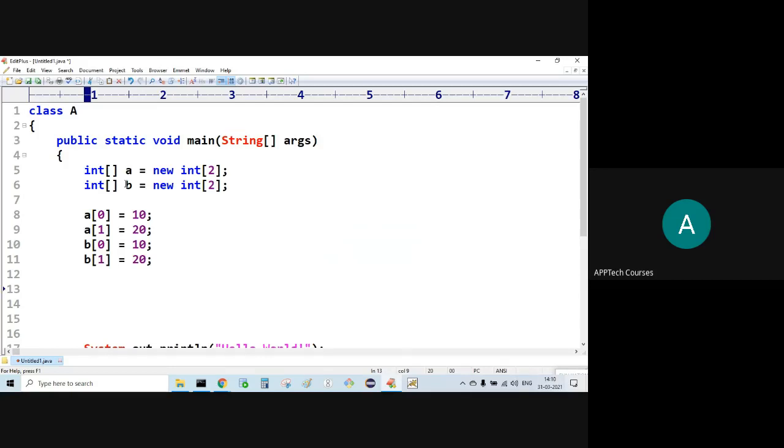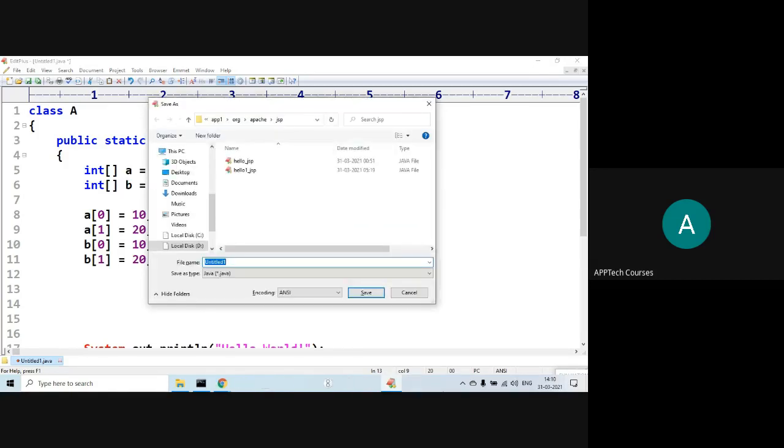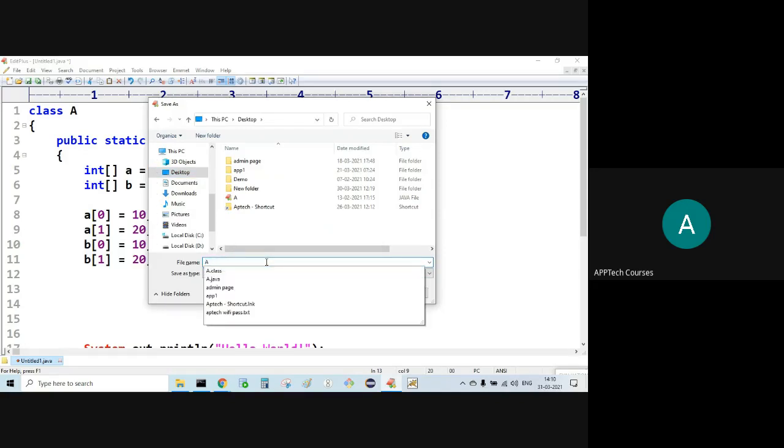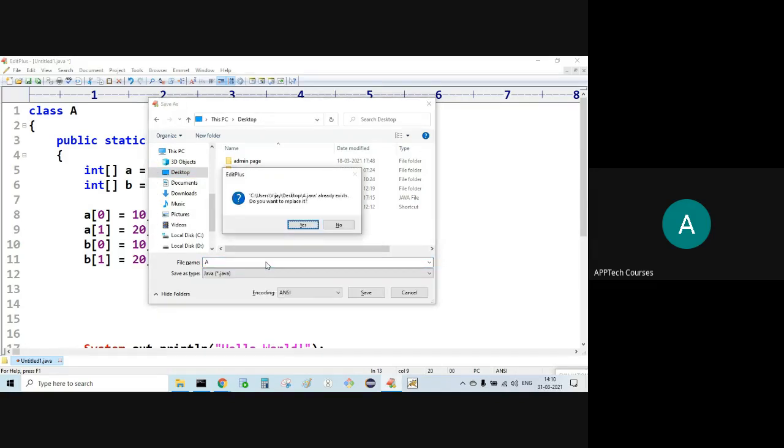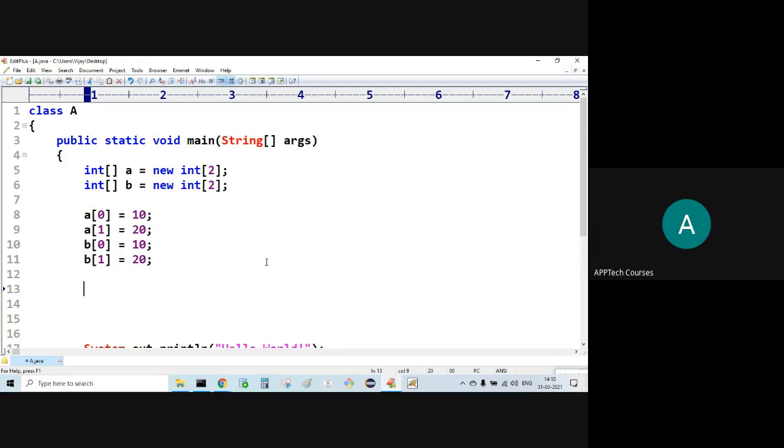Now I want to make the addition. How to do it? One more array to store. Follow, how many for loops?